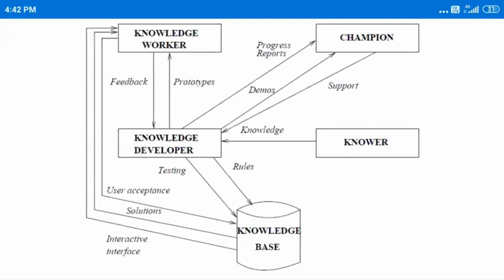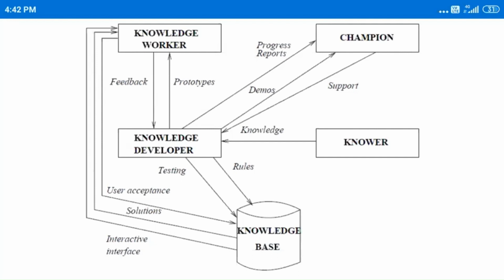There can be different subjects, say physics, chemistry, maths, biology, English, etc., whose e-content is being developed for class 11th and class 12th. So the knowledge developer will give daily progress reports on how much work is done, what the projections are for the next day, and also he might give demos to the champion, say twice a week, so that the champion may assess